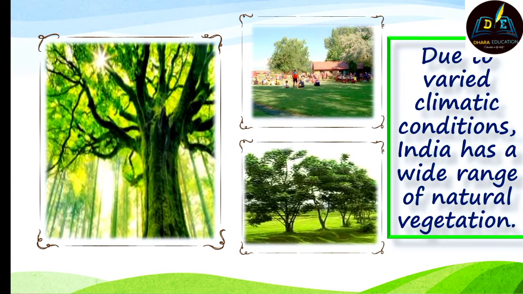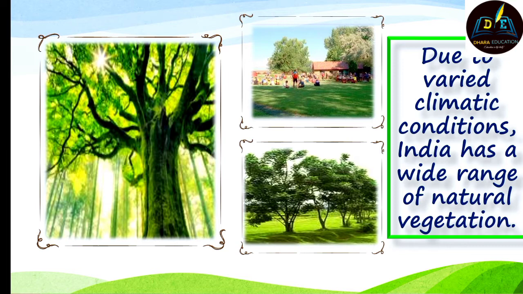So students, as you can see on the screen, there are three lovely images. The first image is so beautiful. It symbolizes that trees give us shade, and give us many more things. We get oxygen from them, right? And on the other hand, if there is greenery everywhere around us, we will be healthier. We will not be getting ill so often.